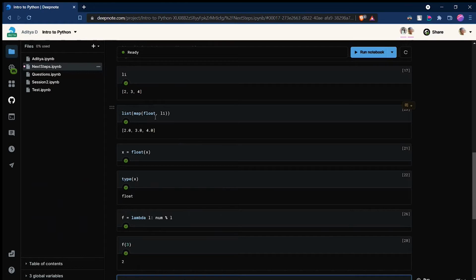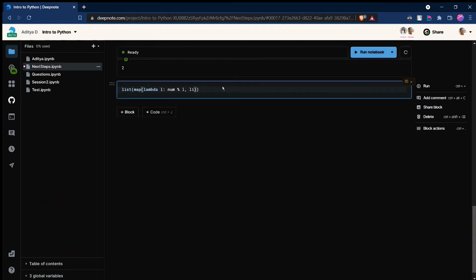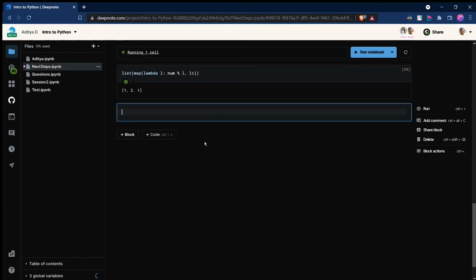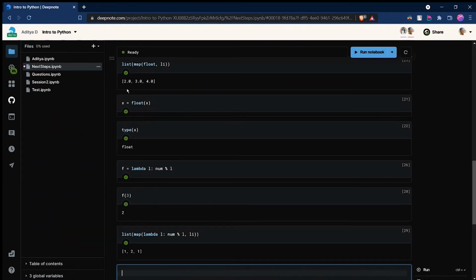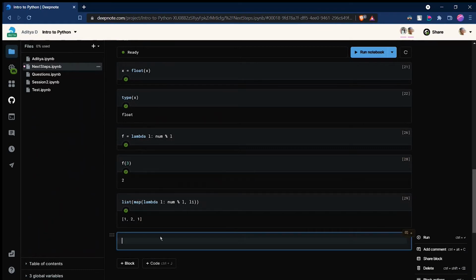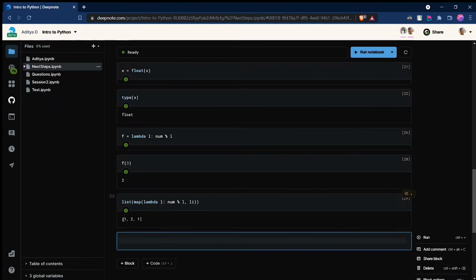Before, the function application was converting it to float. Here what we do with the function is we do number 5 mod L, L being 2, 3 and 4. Now that we see that there are no zeros present here, we can tell whether our number is a prime number or not.